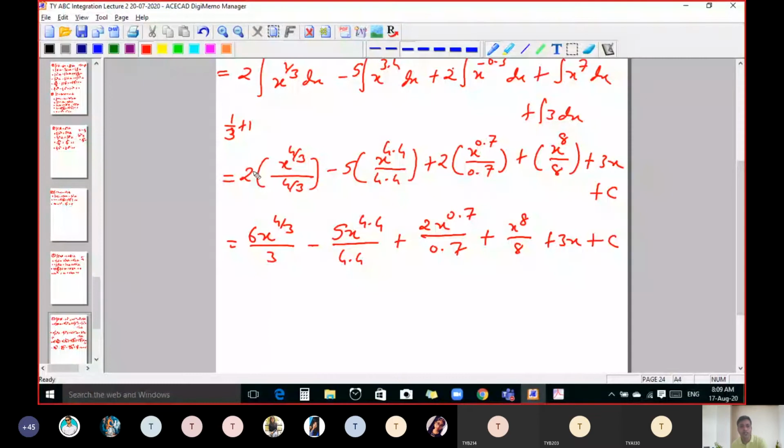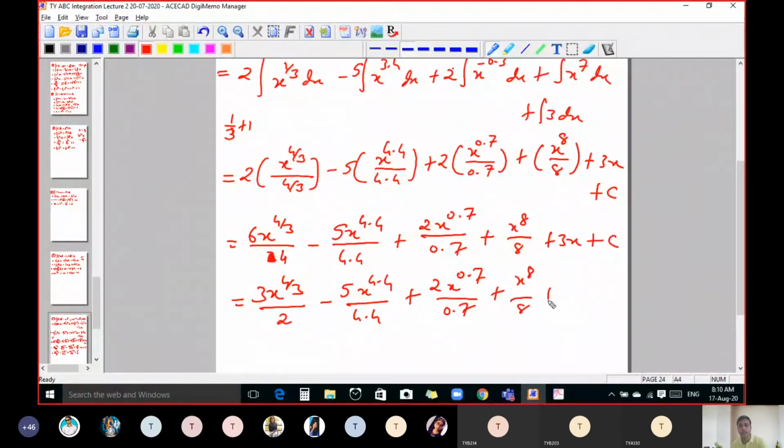Oh, I am sorry. If we take this 3 here, then in the denominator we get 4, instead of 3 it is 4. And now you can cancel 2. So we get 3 x raised to 4 by 3 upon, if we cancel 2, we get 2 here. Either you do the calculation in a calculator or keep this as it is. It's one and the same thing, and ultimately we get the answer. Keeping all the terms as they are, this is our final answer. This is the answer given in this.